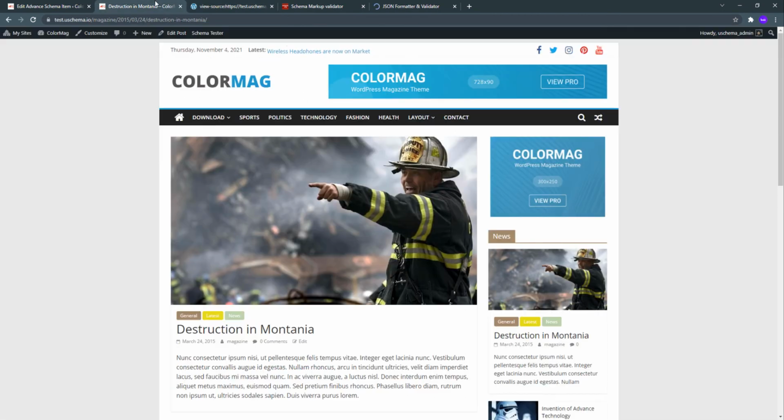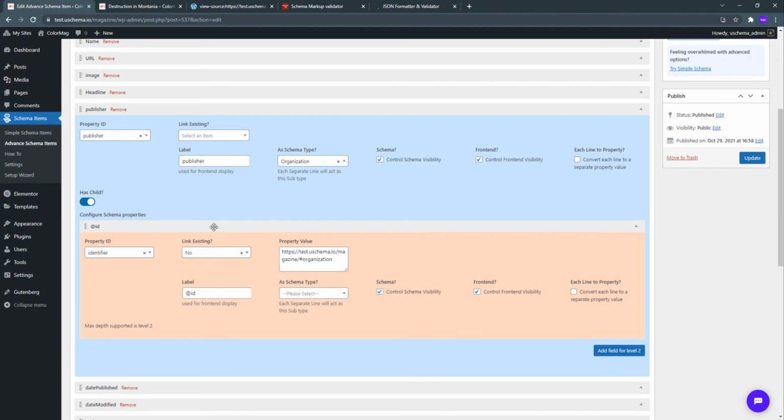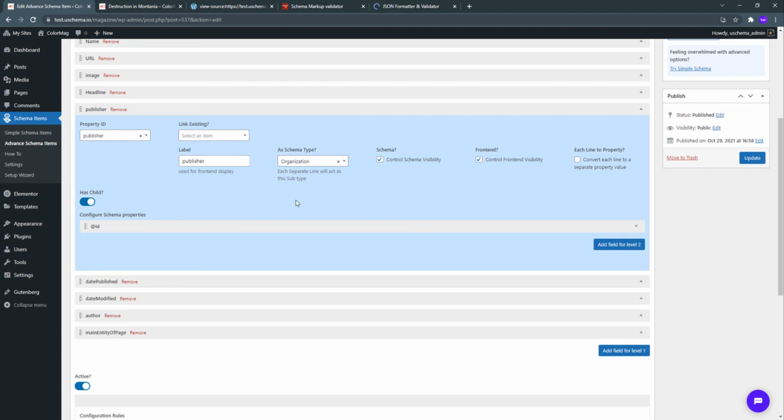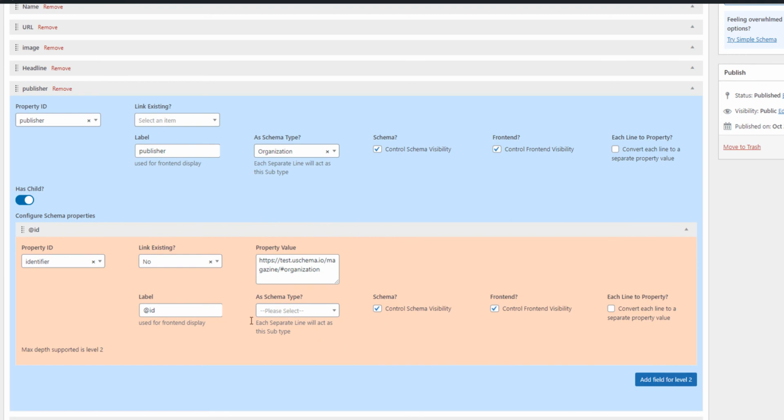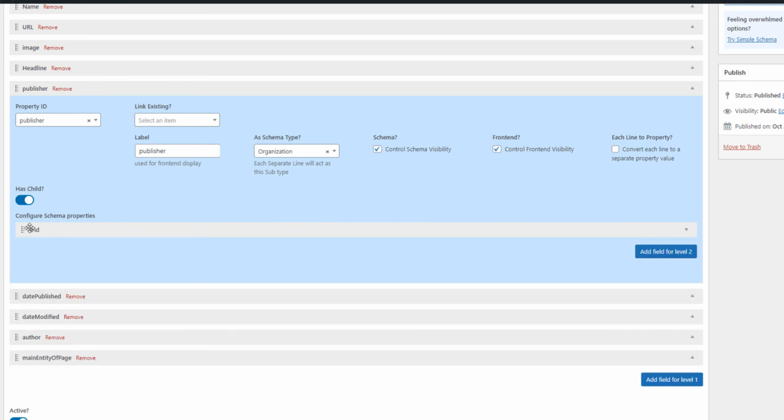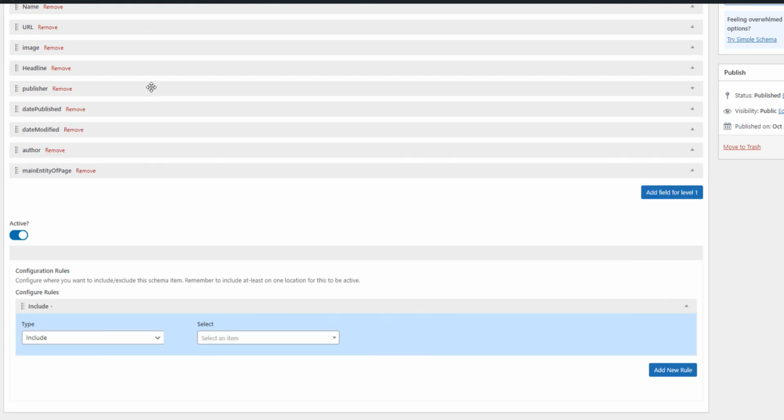So hope I am not making it complicated. I have tried to keep it as simple as I could. If you still have any questions, you can tell me, and I'll try to explain. Hope you have got the point how you can create the identification, and this was done as a child property.